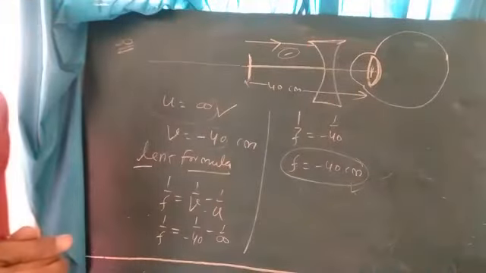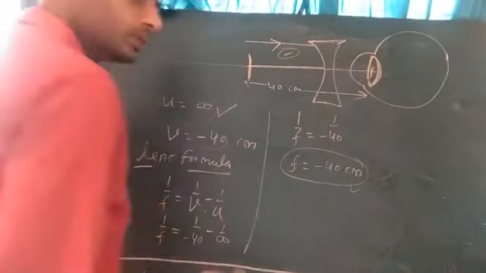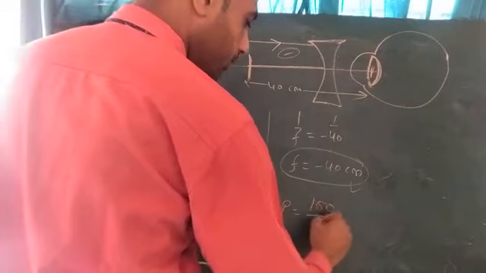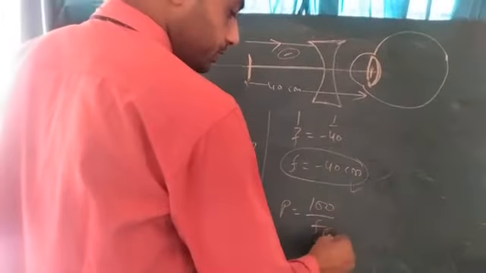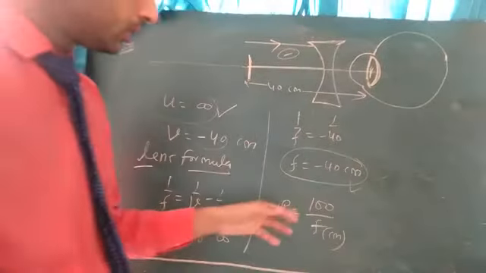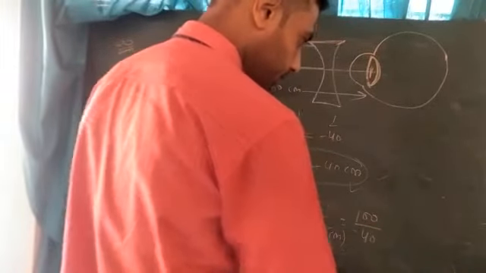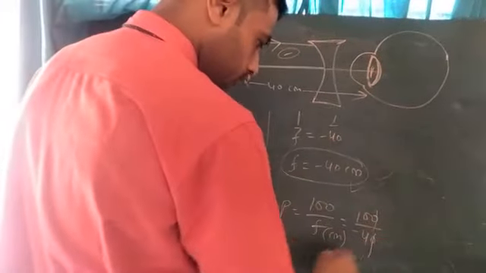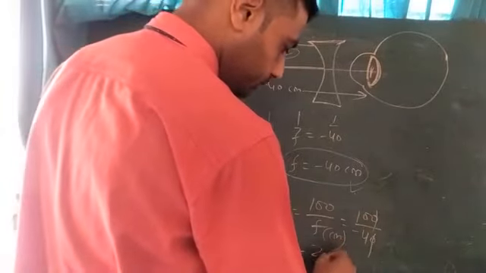Okay, so f equal to minus 40 centimeter. Now we have to find what is power. So as you know, the formula for power, P equal to 100 upon F, if F in centimeter. So 100 upon minus 40. So by solving this, P equal to minus 2.5,